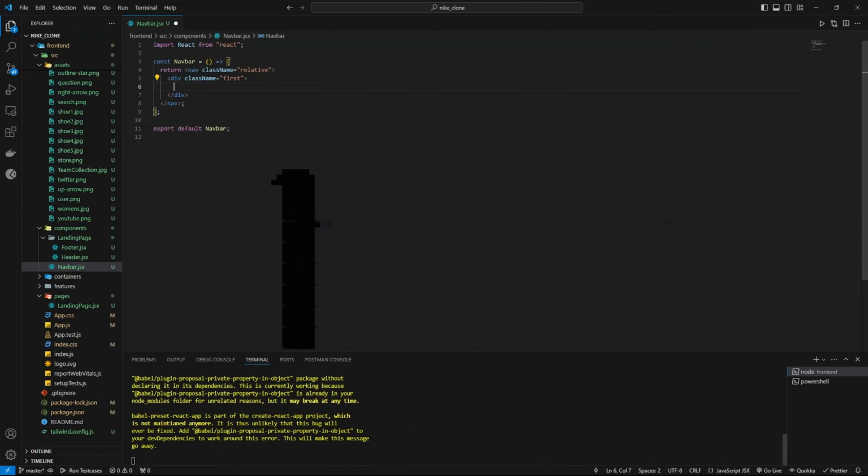Okay, so now in the first I am going to make it, let's say, for the computer layout, and I will make the layout for the mobile separately. Okay, so here I am going to make a div first, and inside the div I am going to put